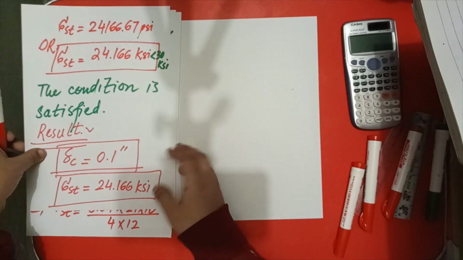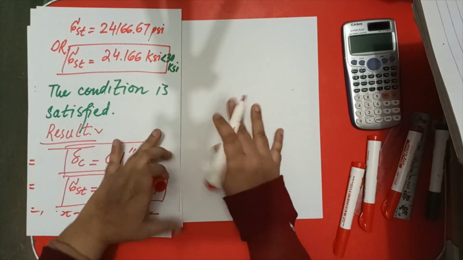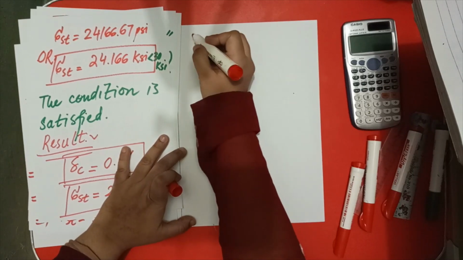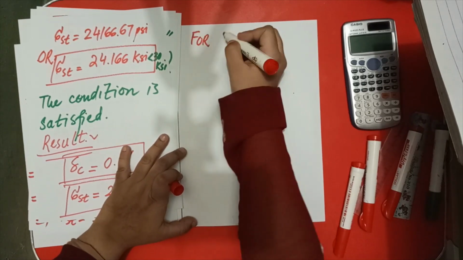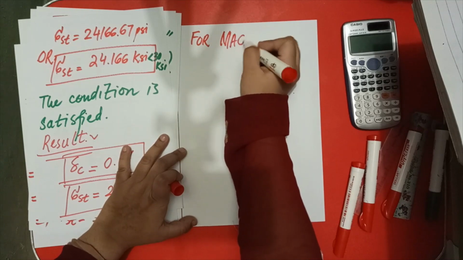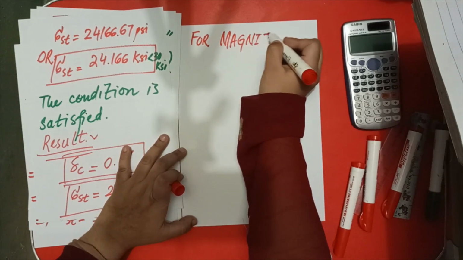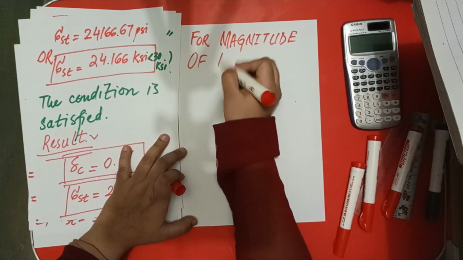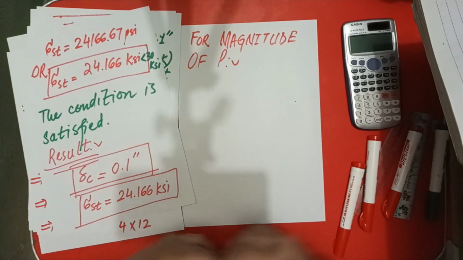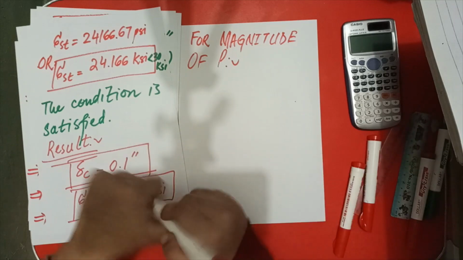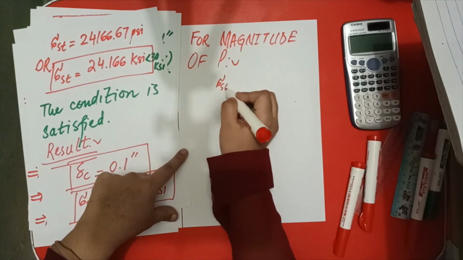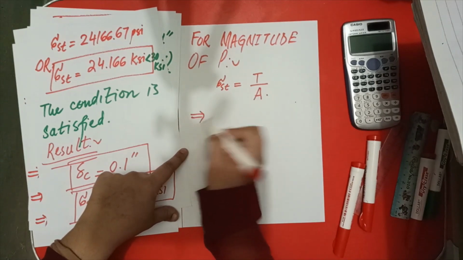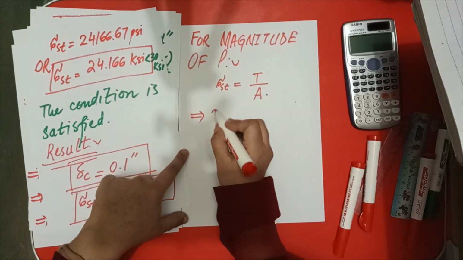Now you got the value of stress. So what we have to do is start working on the magnitude of p. What is the working we have to do? You know that stress st is equal to t upon a. So the value of stress st is